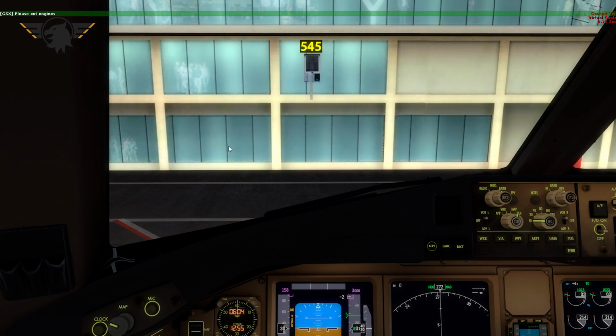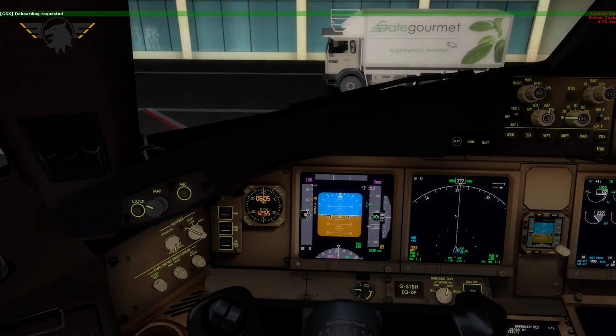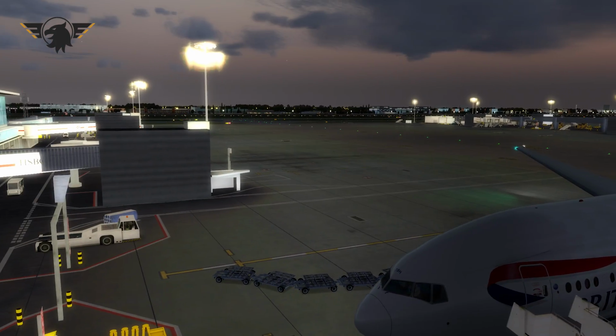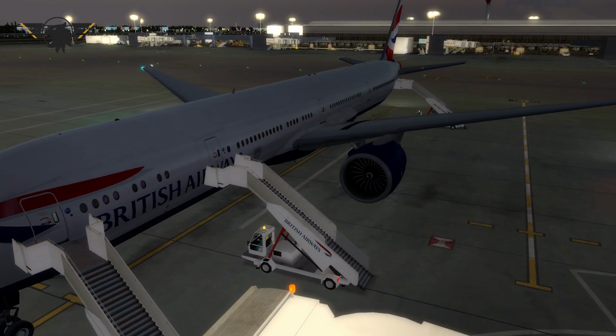Okay, so GSX can deboard us. I wonder if we have moving air bridges. No, we don't. Of course we don't. Okay, fair enough. So, there you have it. It's a shame the air bridges don't work, but whatever. Speedbird 28 in the bag. Parked up at London Heathrow after a